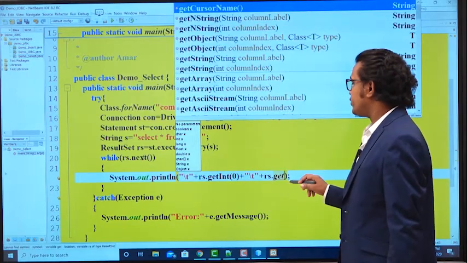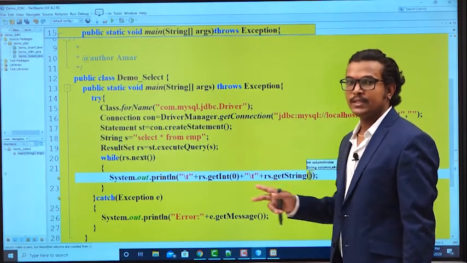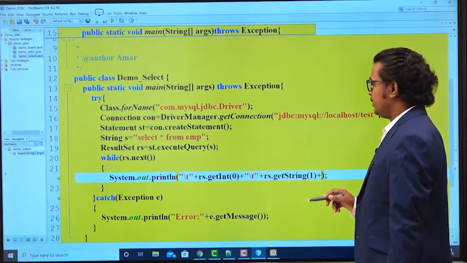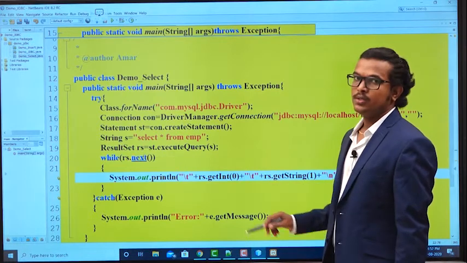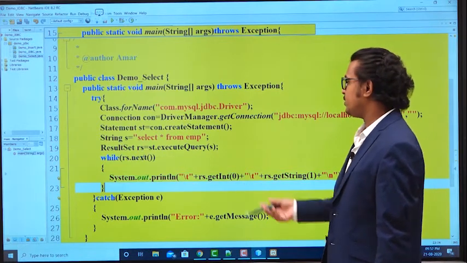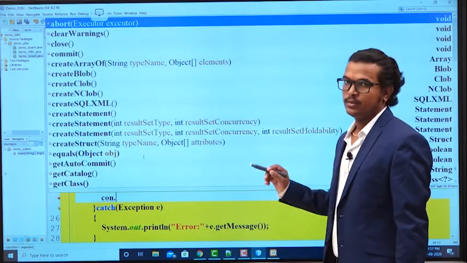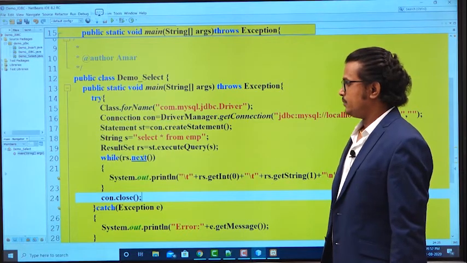Next, rs.getString. String means the second column information is available in string format. If you want to check what happens if you give 0 here, it will display some error. You compile that program and check. So you are having the error.